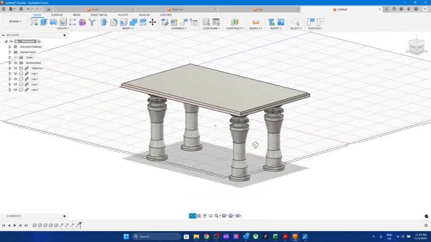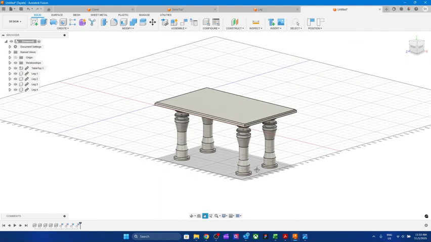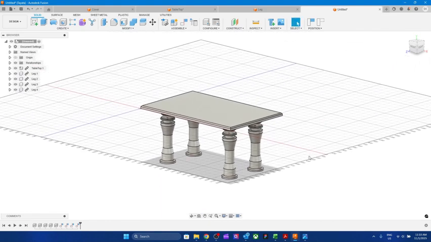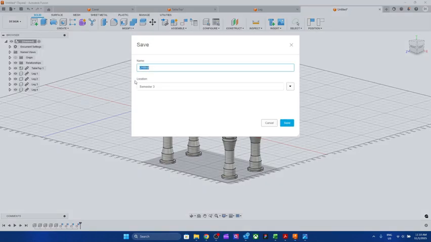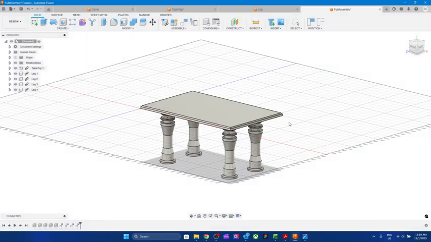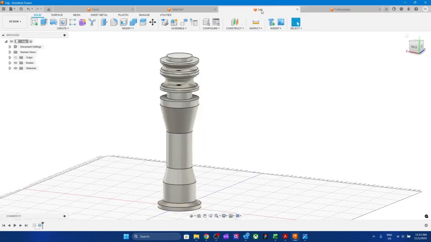Okay, in relation to the tabletop, the legs are too big, right? And therefore I feel we need to make these adjustments. So save it first of all. I would say full assembly and select save, right? And what we will do is we'll go back to the leg file, and I want to adjust the